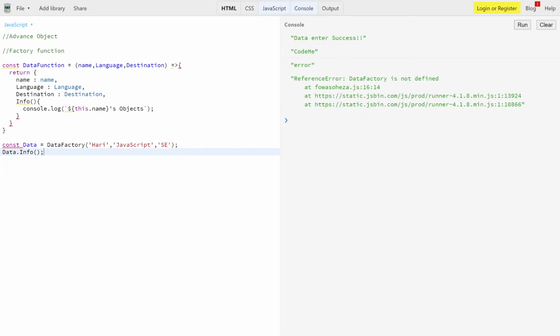Okay, so we have defined the data function. Let me put it as data factory, or you can put it as factory function or something like this